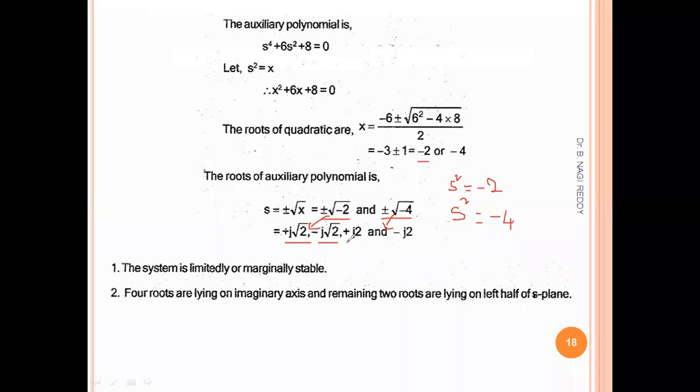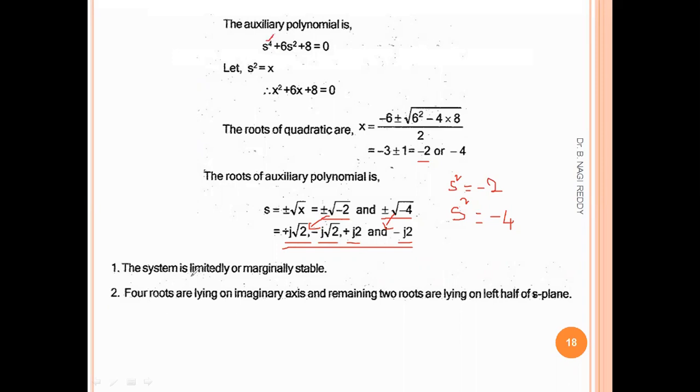Okay, so here also plus 2j and minus 2j. So in total we have got 4 roots, and you can see all 4 roots are imaginary. So for case 2, when we get a row of zeros, there are definitely imaginary roots, and we have calculated those 4 imaginary roots. The number of imaginary roots depends upon the auxiliary polynomial. Here the auxiliary polynomial is s power 4, that's why we have got 4 roots.